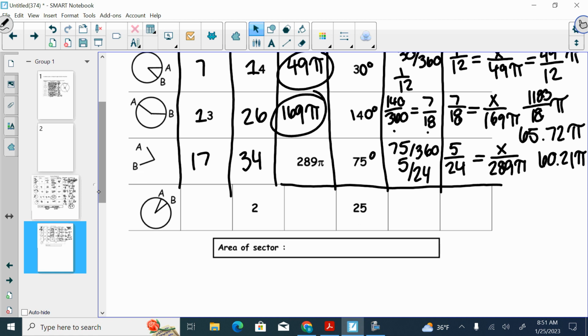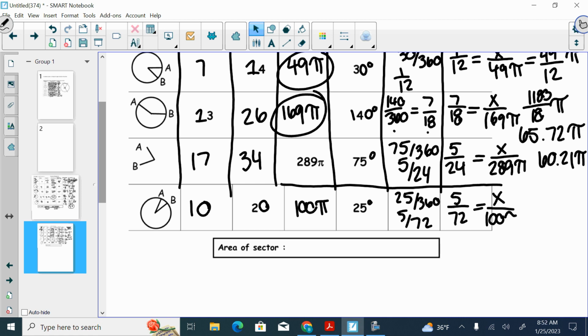Okay, and then for this last row, diameter is 20, so what's radius? So what's the area? 100 pi. Okay, 25 degrees, 25 over 360 simplifies to good. And 5 over 72 is equal to x over that 100 pi. So as a decimal, what do we get here? 6.94. I had to erase that earlier, but